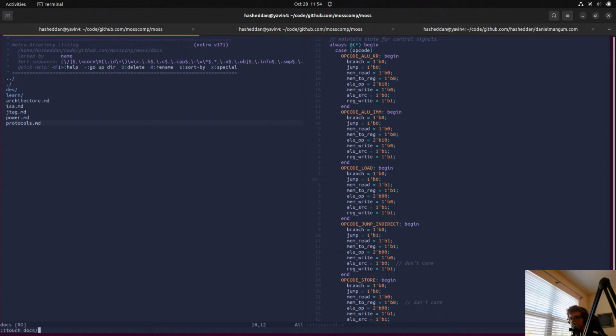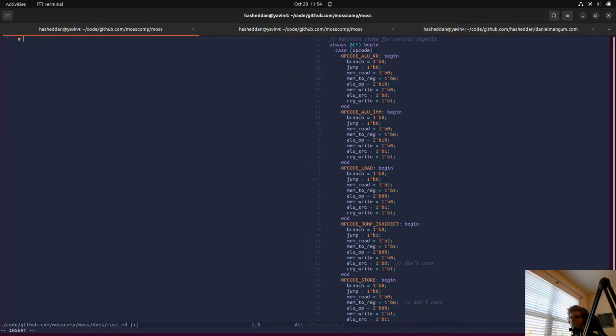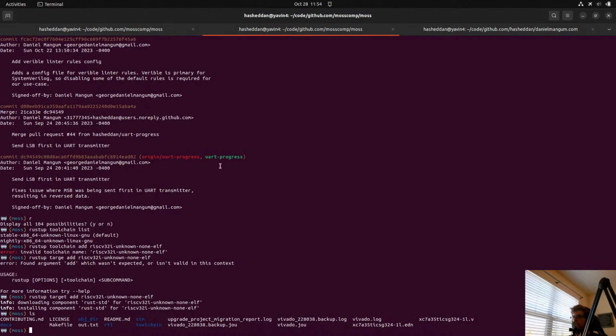We can say, let's say Rust setup. And obviously we are 64-bit, but right now we only have support for the 32-bit options.